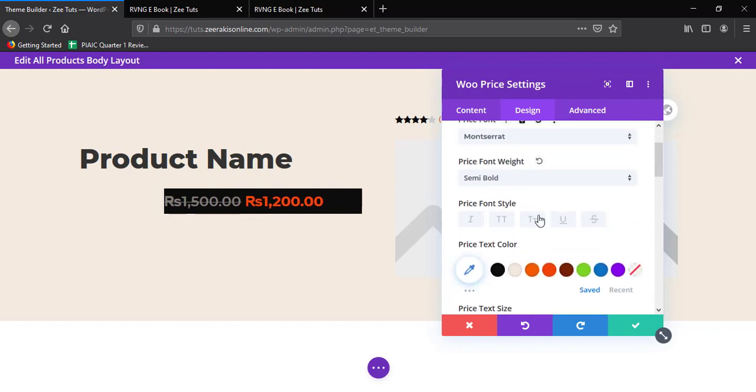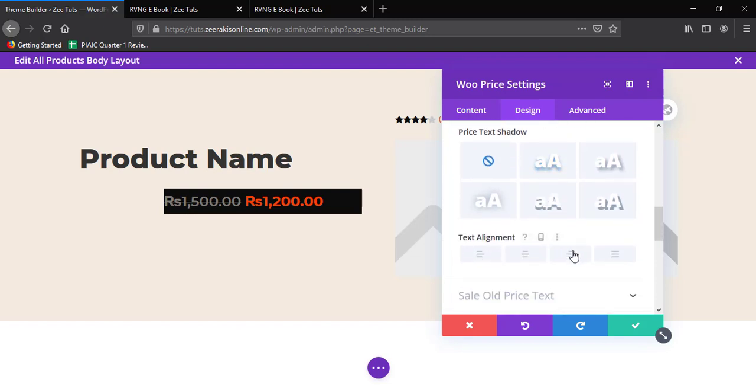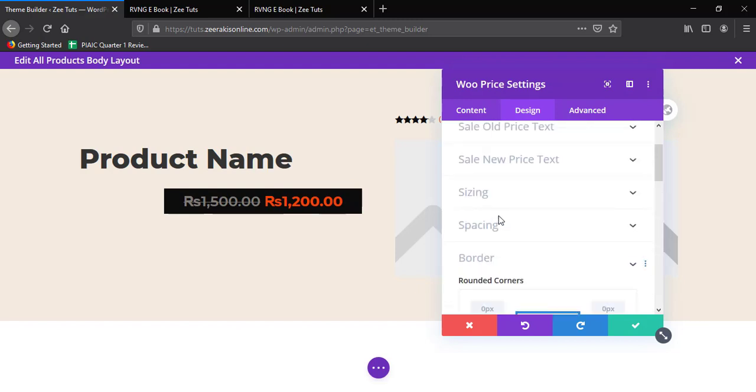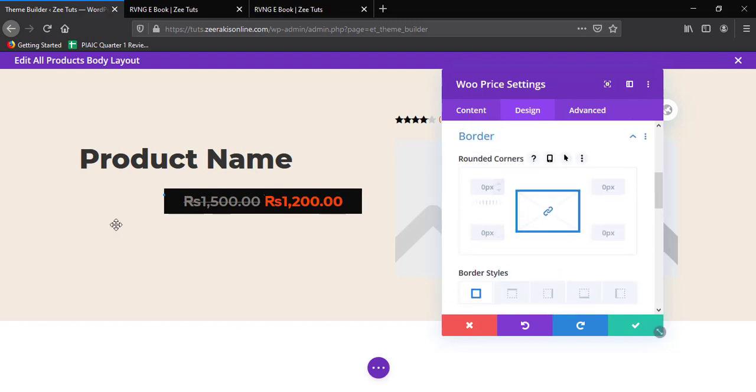Go to price text here and change the alignment to centered like this. Cool. And now go to border and make our background round by increasing the roundedness of our price. But this kind of looks a little awkward. So what we're going to do instead is reset our changes here, unlink our borders,